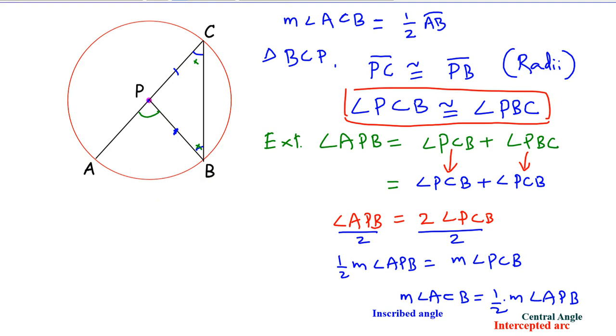Hence, I can conclude that the measure of angle ACB is equal to half of the measure of this arc AB. Half the measure of the arc AB. That's what is required to be proved. Okay, this is one part. Now in the second case,